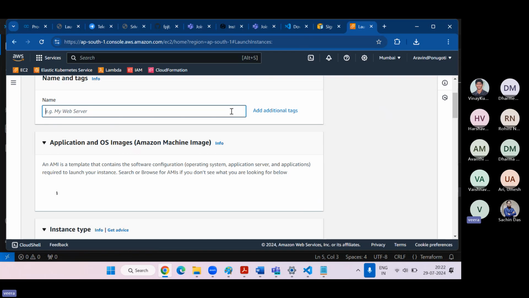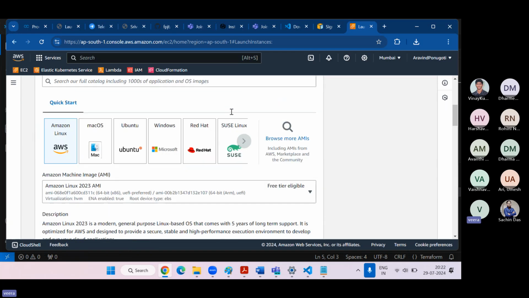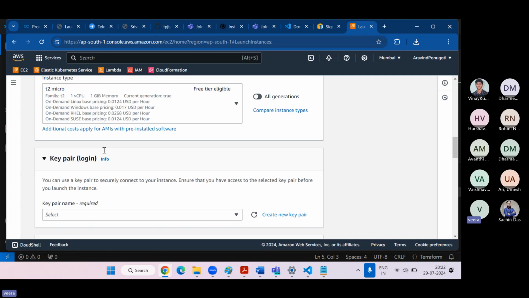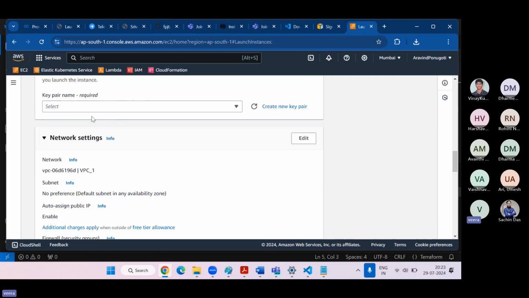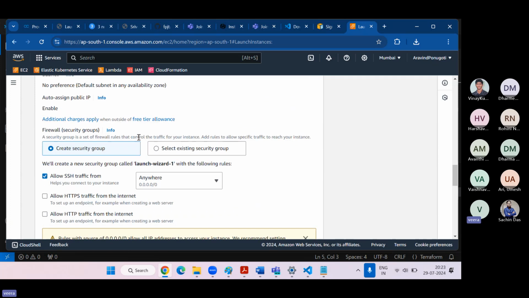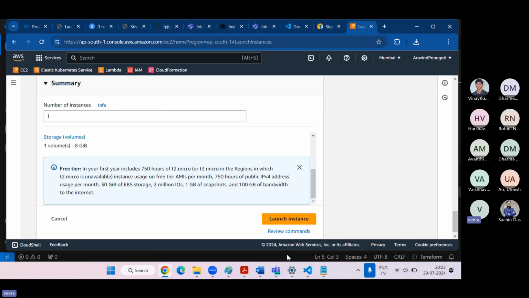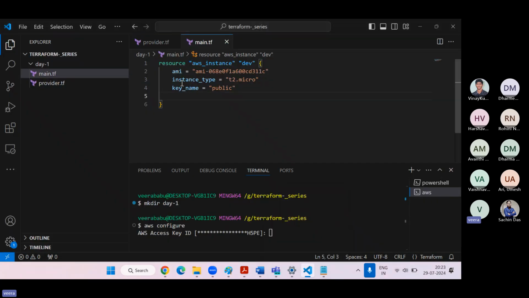See, I'm giving the name here, for example test, and I'm selecting the AMI, and I'm giving the instance type and key name. So that's it. No need to define the remaining steps. It will take the default ones automatically. If you create, your instance will be created. Same here also, I'm doing like that only. If I specify only three arguments, one is AMI, second is instance type, third is key name, the remaining the system can understand and will take from the defaults. Okay, now till here fine.